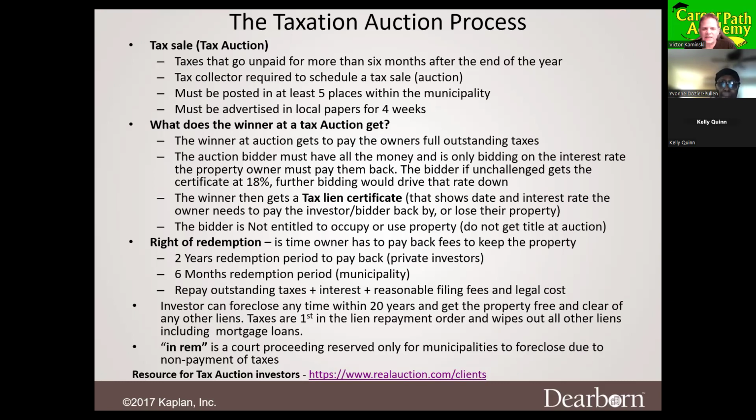Here's one in Absecon in Atlantic County that opens on February 20th coming up. If you don't see anything saying that it's open, it's opening, or it's opened now, there's probably nothing there. Like here, let's just click on Bernards in Somerset. If you look at items for sale, there's nothing there yet because they don't have an auction schedule right now. This is all you get. And then you could go in to see what their bidding rules are for their town, how the certificate process works, and you can get training on how to do these auctions online there. Each town may have their own specific way to do it and go about it.